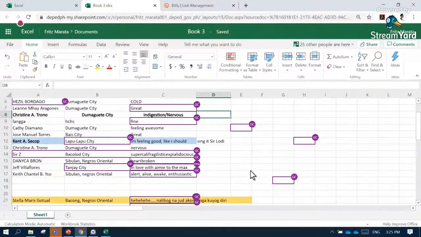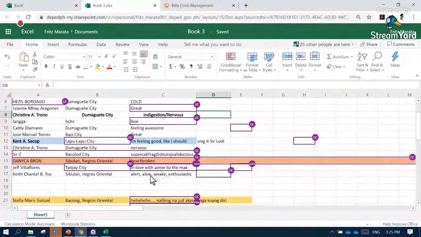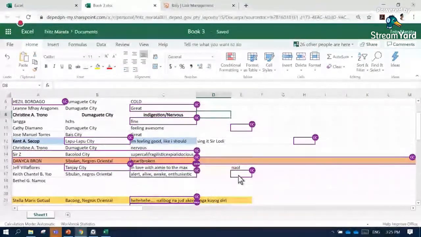Yes, you can do that. You also have Sir Jeff Villaflores from Tanay City, and he is in love with Aimee to the max. Who is Aimee? Is Ma'am Aimee here? Is there a love team here? Sana all. Wow.